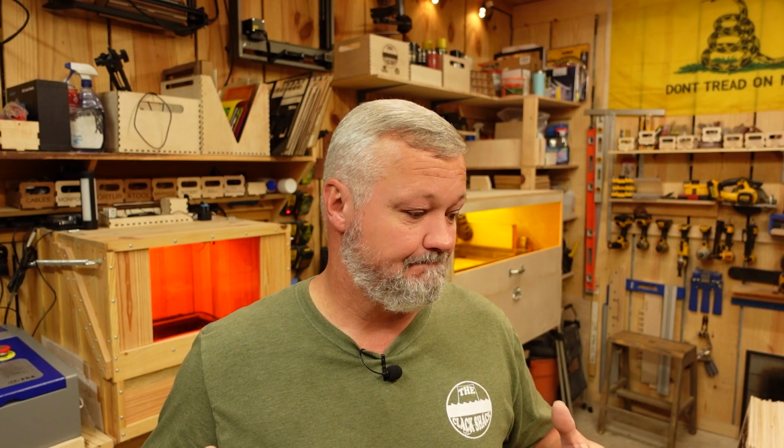All right, guys, so you know I've got multiple lasers, and this thing does look remarkably like several of them. And so far, it performs well. In my opinion, this guy's a keeper. It's a good, solid 24-watt machine, sturdy frame. So far, I haven't had any software issues. The controller works well with LightBurn. It doesn't have a whole lot of bells and whistles. So if you're looking for all the bells and whistles of some of the other machines, it's not for you. But it has all the tools you need to be able to consistently and accurately engrave and cut